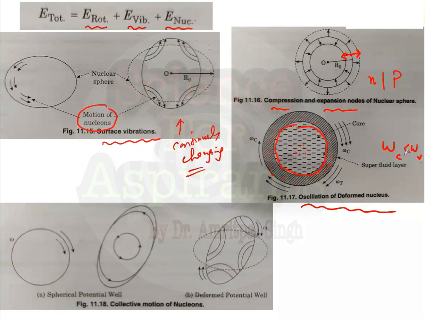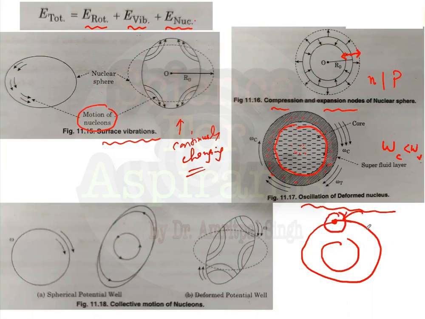So it is against the shell model. Now the shell model says that it is considering only the last unpaired neutron or proton. From the last unpaired neutron or proton, it finds out the magnetic moment, and it finds out the quadrupole moment based on this unpaired neutron. So the collective model says that it is not only the last unpaired neutron or proton, so there are